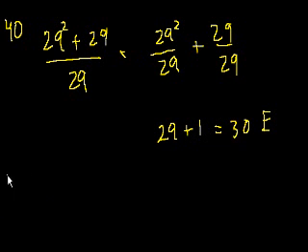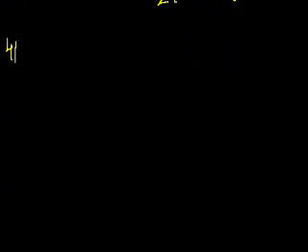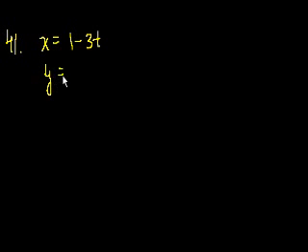Problem 41. If x is equal to 1 minus 3t, and y is equal to 2t minus 1. So I'm going to write it like this. 1 minus 3t, and y equals minus 1 plus 2t. I just want to put the t's under each other, right? 2t minus 1. Then for what value of t